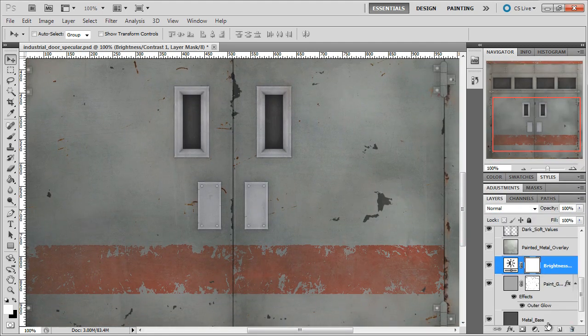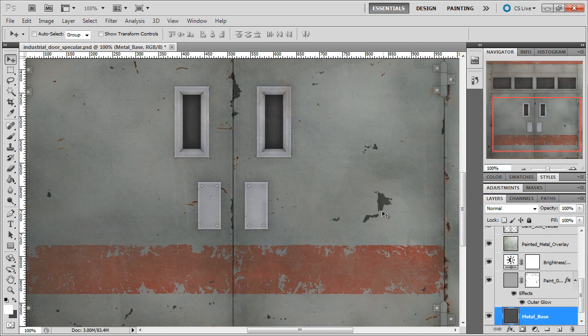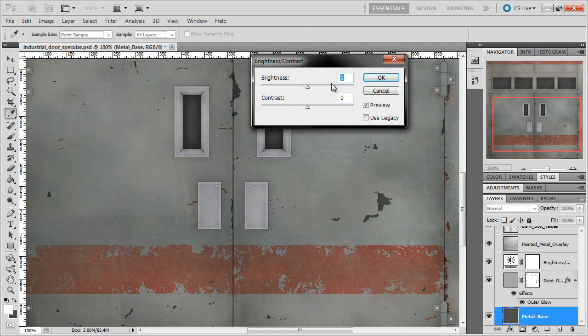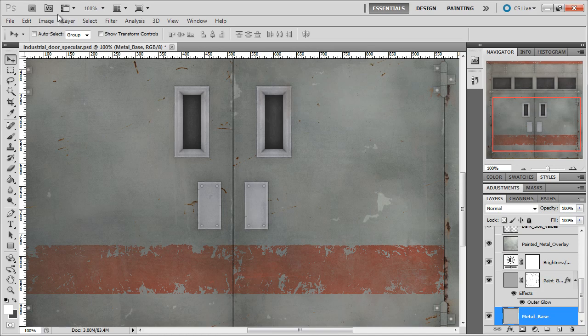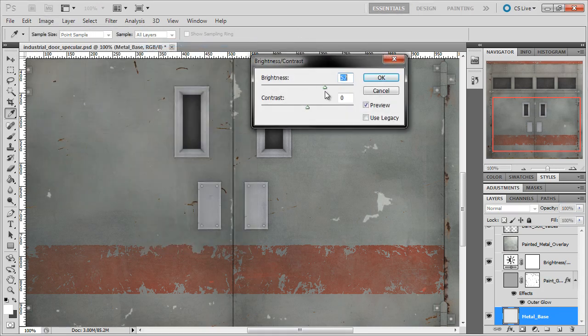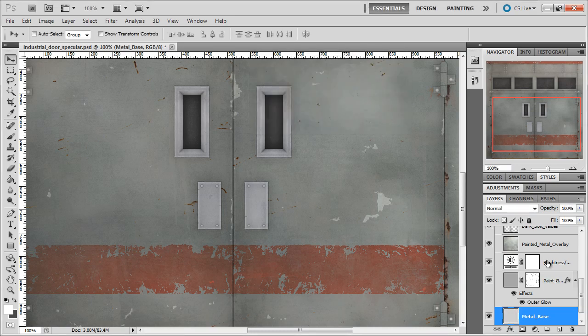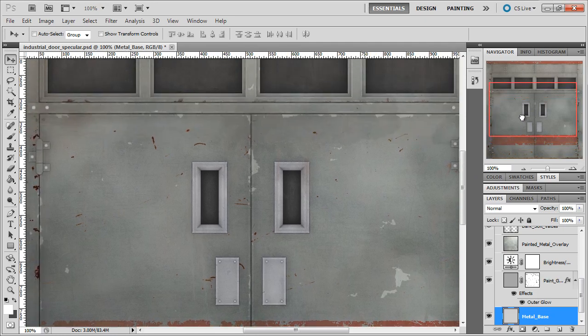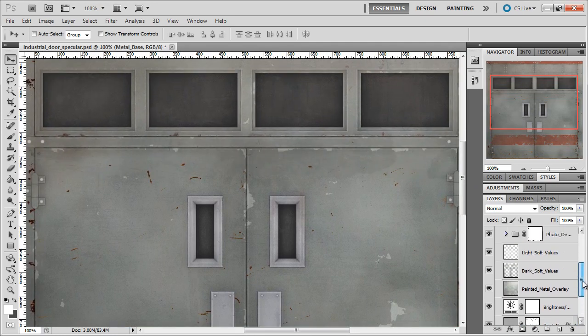Okay, so now let's adjust this base metal underneath. I'll make this one a lot lighter. It's raw metal, so it's supposed to be more reflective. So I'll adjust the brightness of this layer, and I'll simply increase it really high. Maybe let's do it once more. We can always tweak those values later, but I just wanted it to stand out from this gray paint. Let's keep that very subtle. Okay, and as you can see, all those chipped areas are slightly brighter, so they'll pop out a bit more